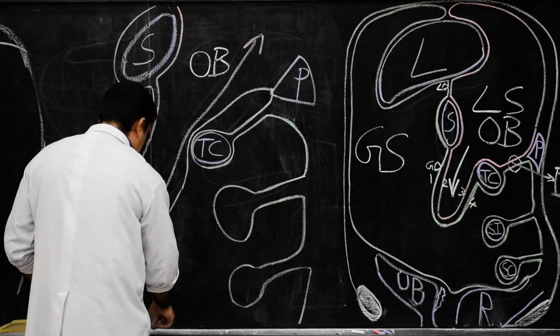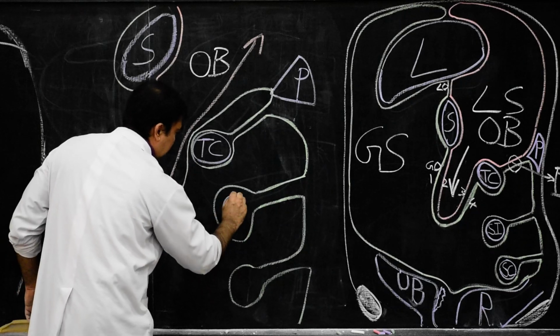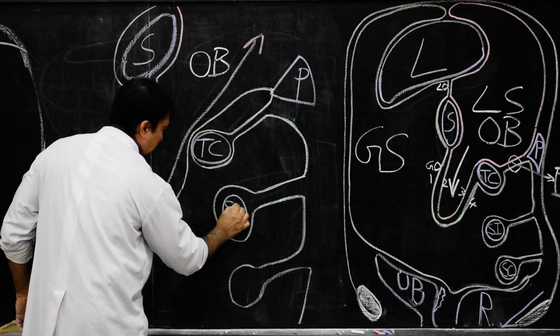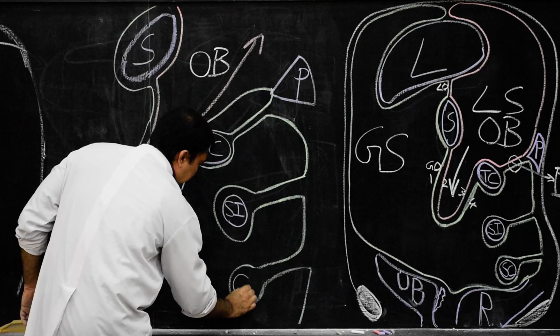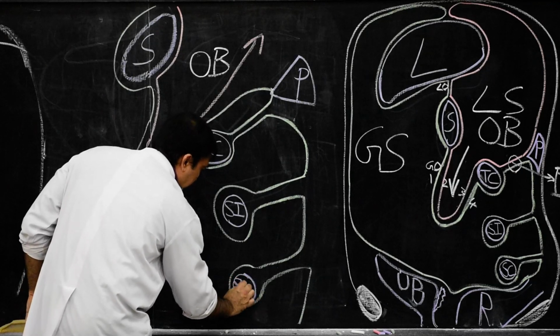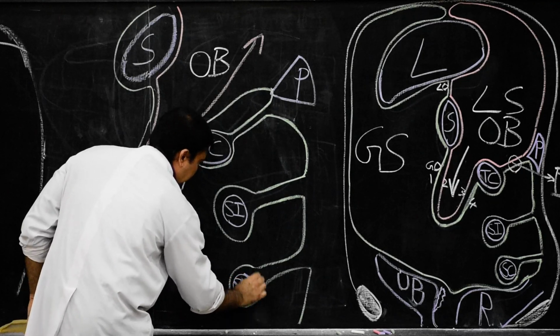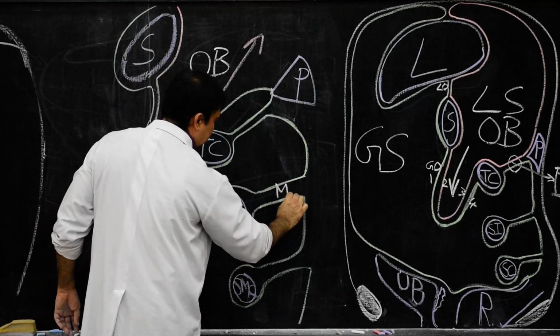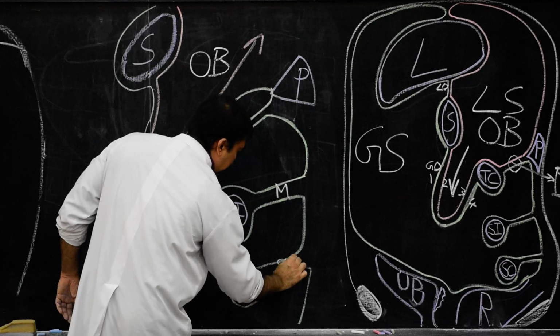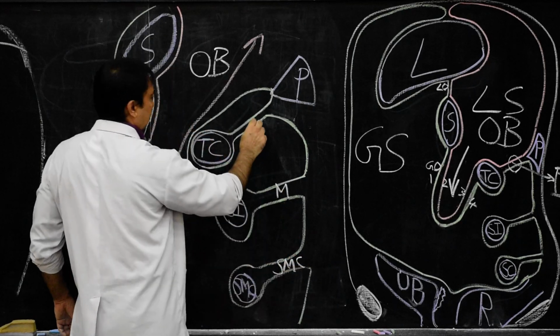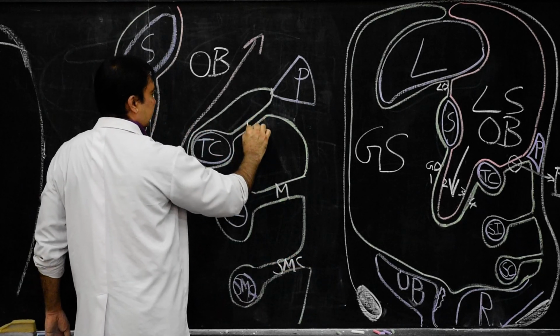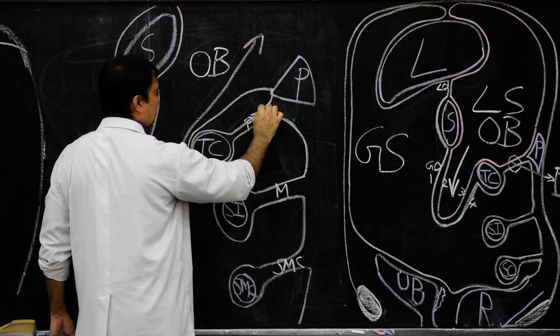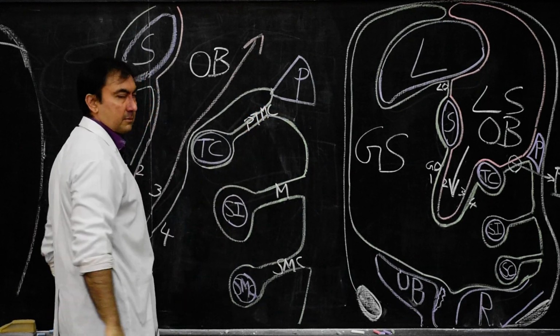So now, if I complete the diagram, this structure over here will be the small intestine, and over here will be the sigmoid mesocolon. So it will remain the same. And this structure here we can mention as the mesentery. This is the sigmoid mesocolon, and this is known as the primitive transverse mesocolon.